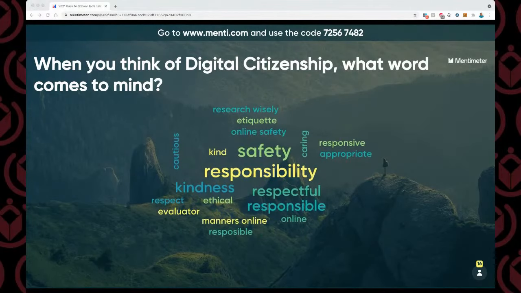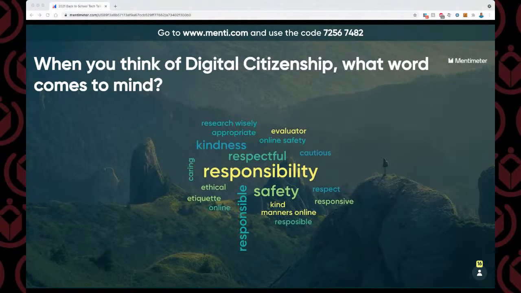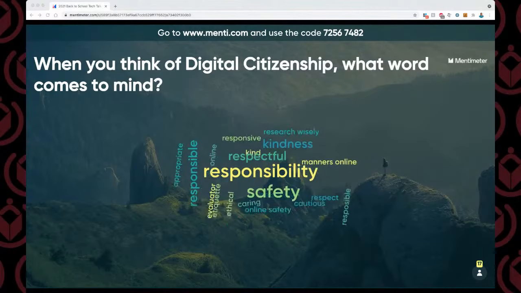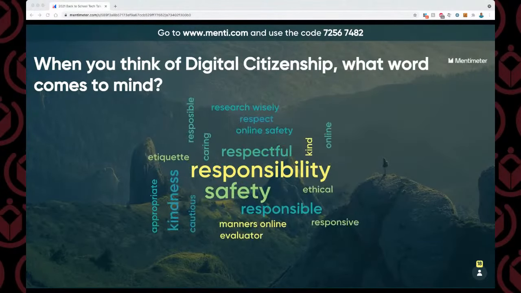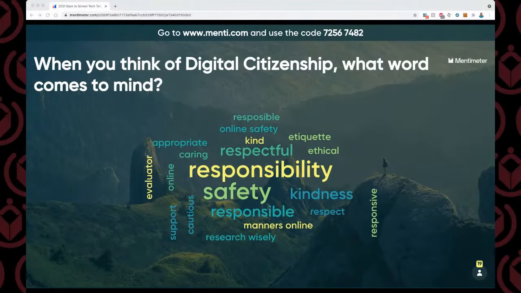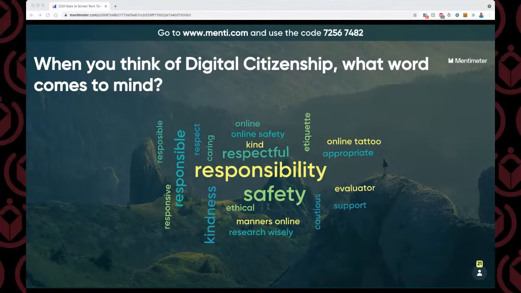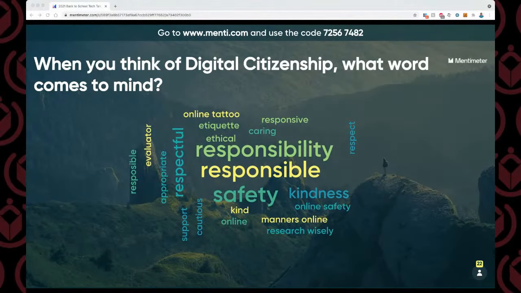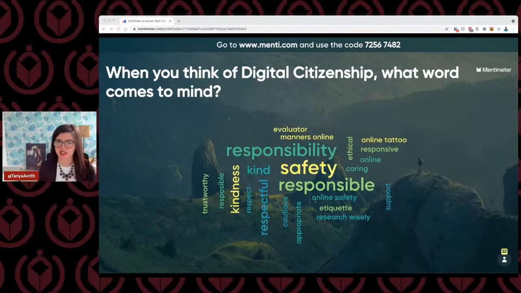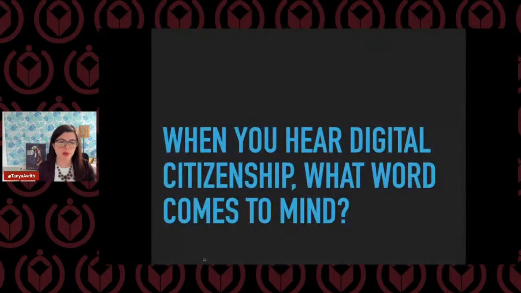And I see a lot, wow, responsibility really stands on its own here, right? Being responsible, being thoughtful, being caring, online tattoo, I love it, evaluator, support, cautious, wonderful. So when we hear the word digital citizenship, very often, those are a lot of the ideas that pop into our mind, right?